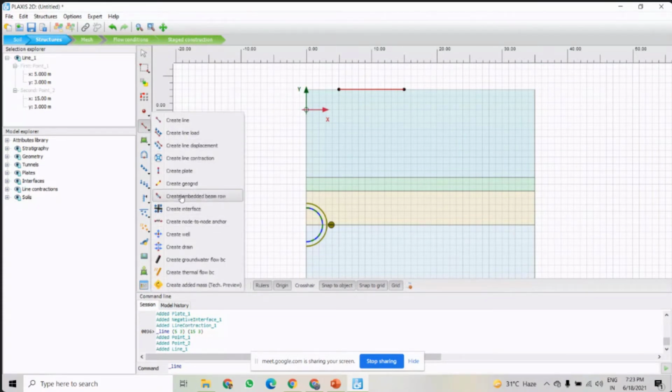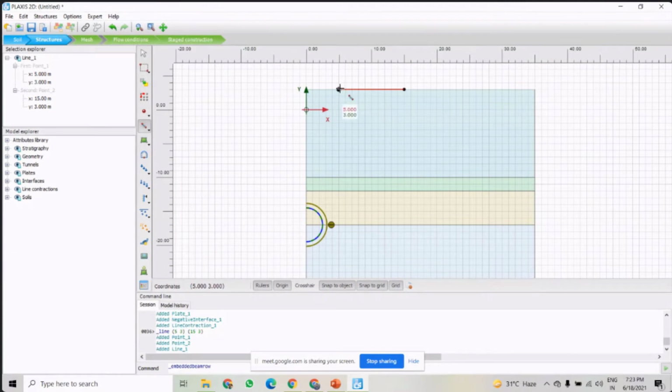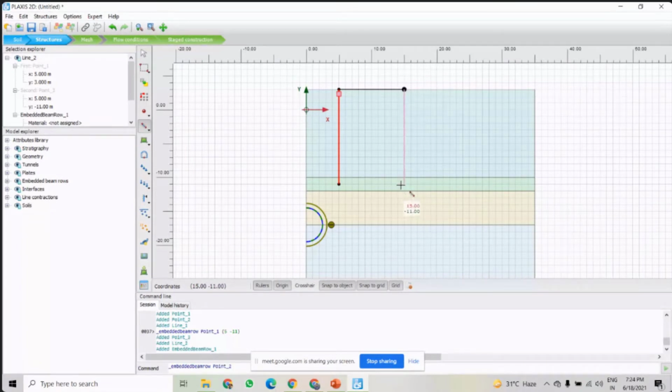Create embedded beam row, because now we are creating the pile here. So this will be the pile from 5.3 to minus 11, and then another from here to the same depth, right? So these piles are created.